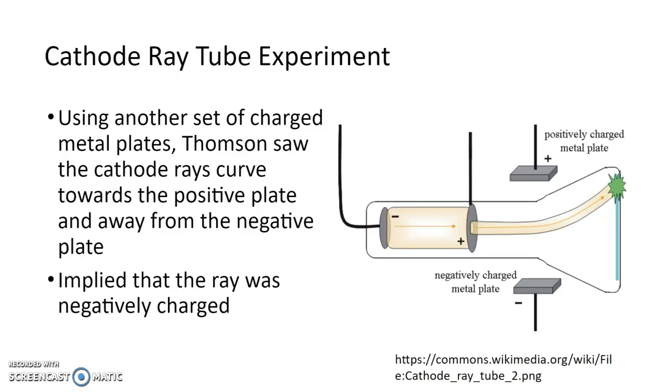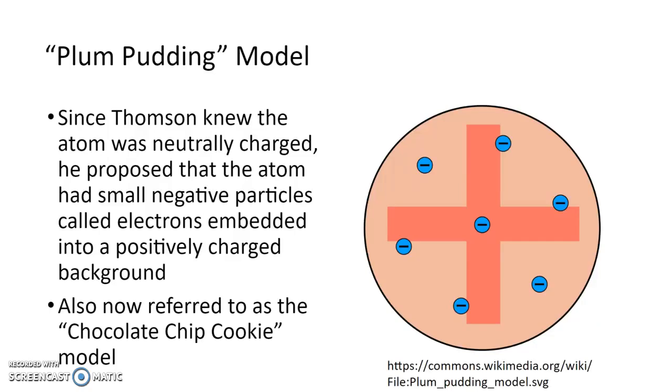So both of those things together end up telling us that the ray itself is composed of some sort of negatively charged particle. J.J. Thomson does this experiment several times over with different materials, and every single time he ends up seeing the same results. So he ends up coming up with this idea called the plum pudding model. He knows from previous experiments that the atom had to be neutrally charged. So even though you may be like, but he just saw evidence of the negatively charged things, that's part of the prior information that he knew before